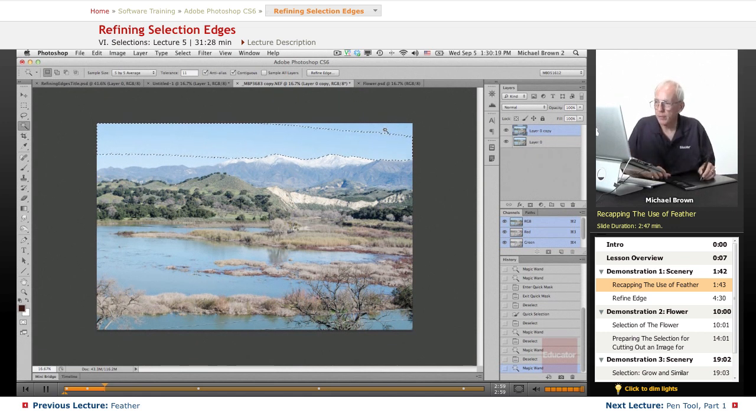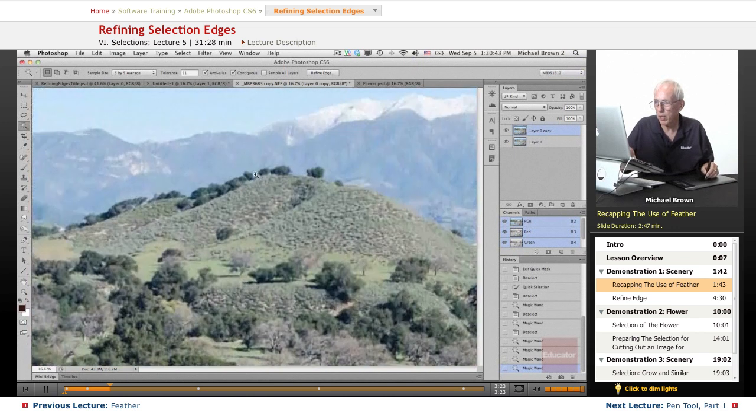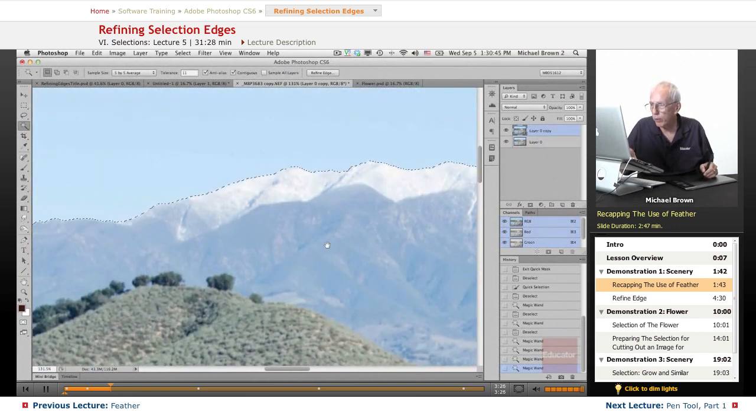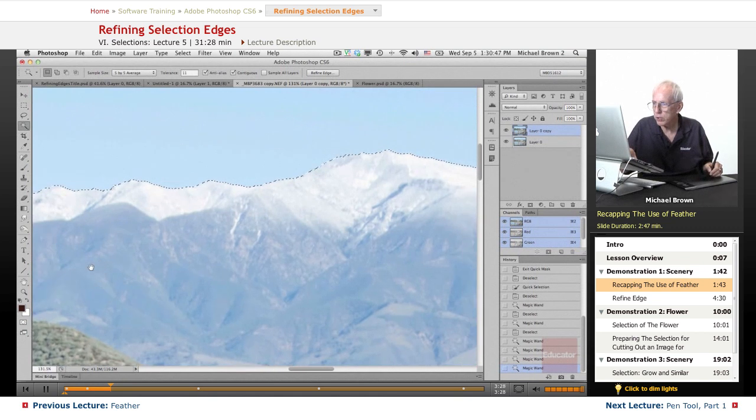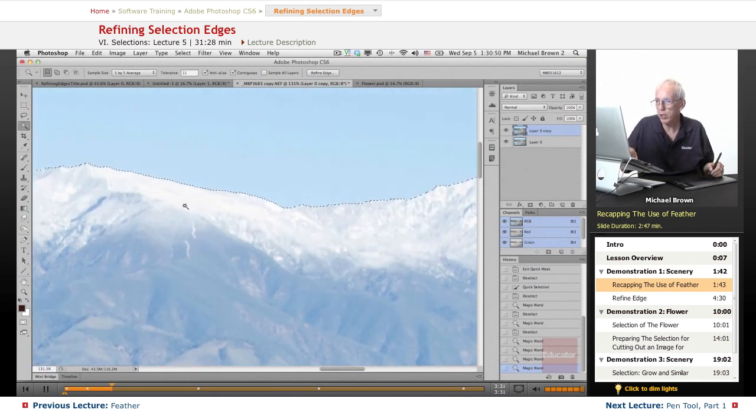Then we'd hold our Shift key to get the plus sign, or you can go directly to the Add icon, click and expand it. Oops, I didn't add. I just did that, so it took a new one. Shift to add. There's that. Shift one more time. And you can now see that. Let's zoom up with Command on a Mac, Control on a PC, and the space bar. We'll scrubby zoom on up. And here we are. You see we got a really nice tight edge to the mountain line between the mountains